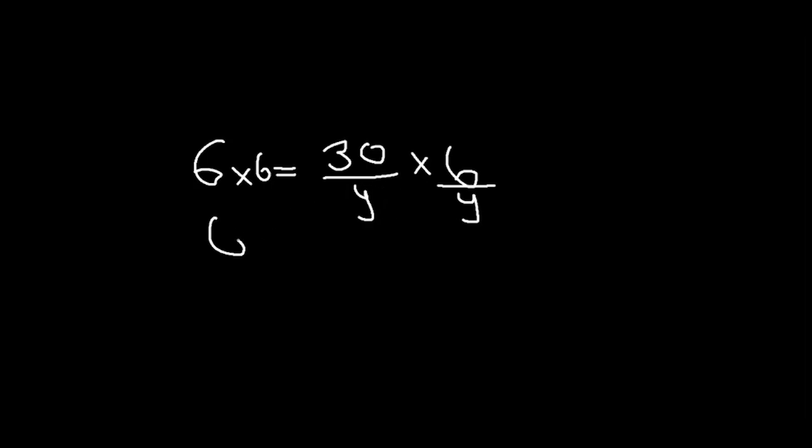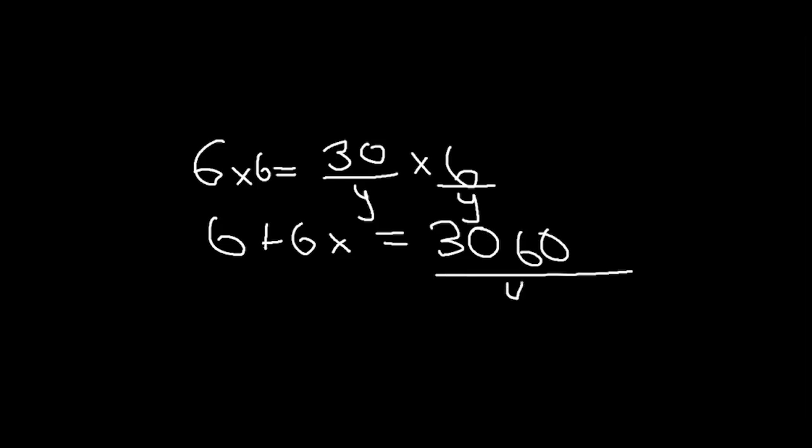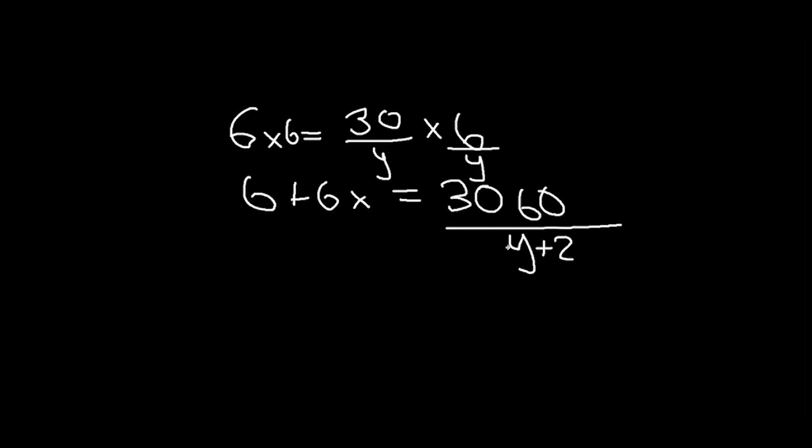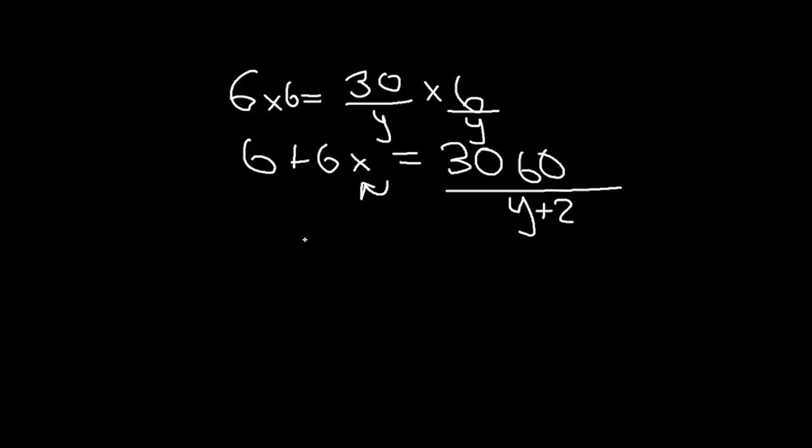And now you have 6 plus 6x equals, where's my calculator? 30 times 6. 30, 60 over y plus 2, since there's two of them. There's two of them there. So you'll notice that the y still isn't isolated, but if you look at this side, the actual x is currently able to be factored out. So we have x, 6 plus 6, equals 30, 60 divided by 2, and that becomes,